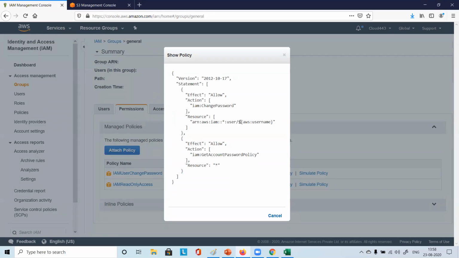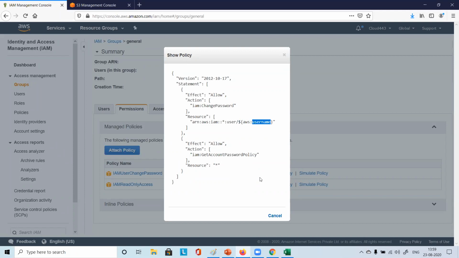So now we have put dollar, and then within braces we have mentioned AWS colon username. This is a variable, actually. We are not mentioning a specific username here, like dev user. This is a general policy, so it cannot be specific to one particular user. This username can change.